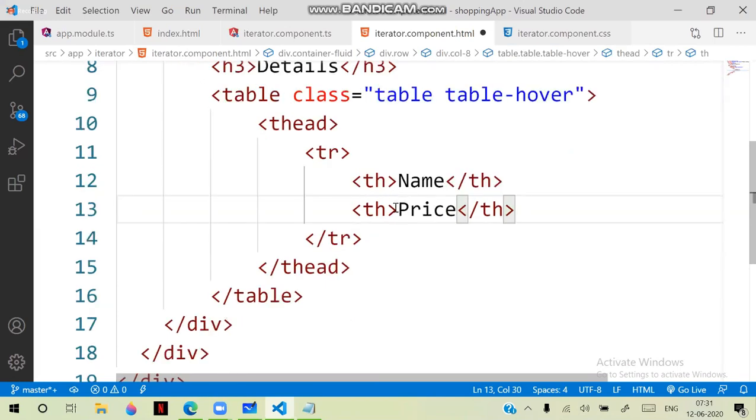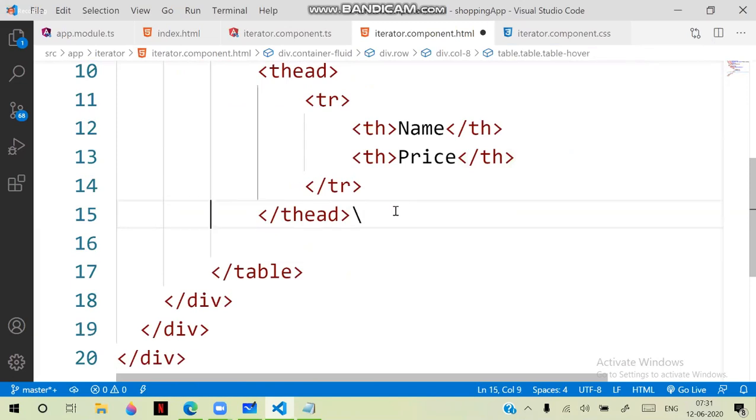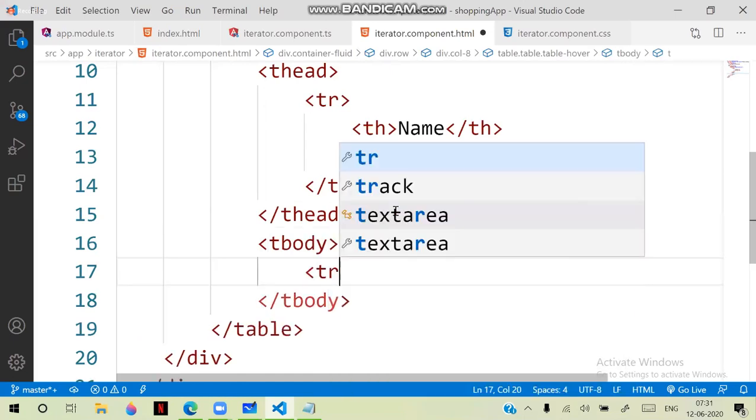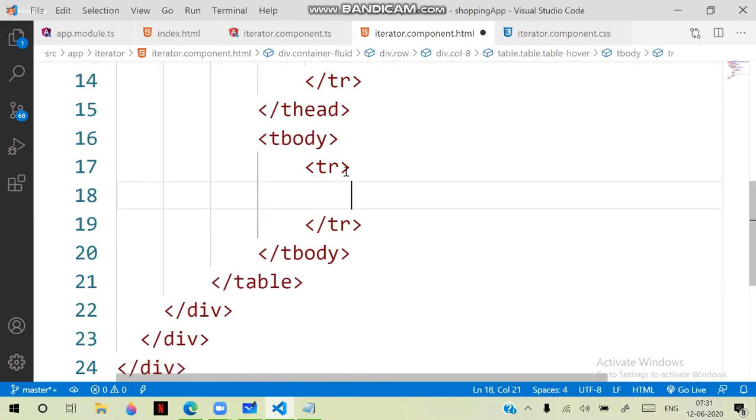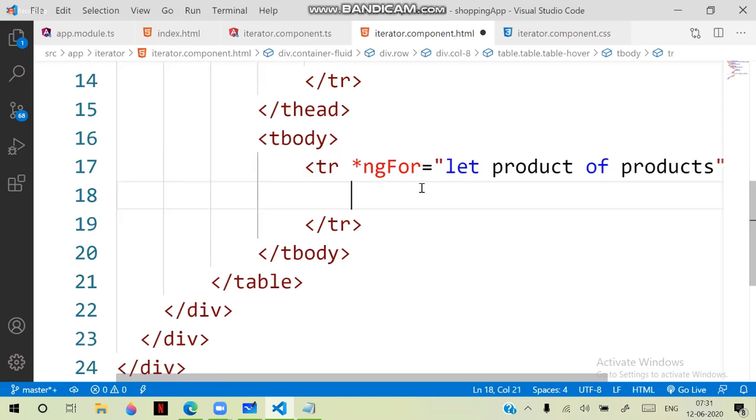These are the only 2 details we are printing. And in the table body, I'm defining tr. This row should repeat for every product. Then ngFor is equal to let item, or simply product of products. In that first cell, I need to display product dot